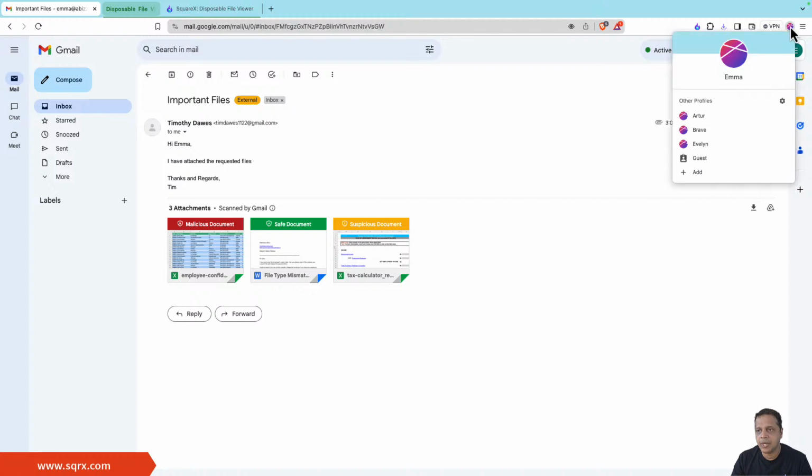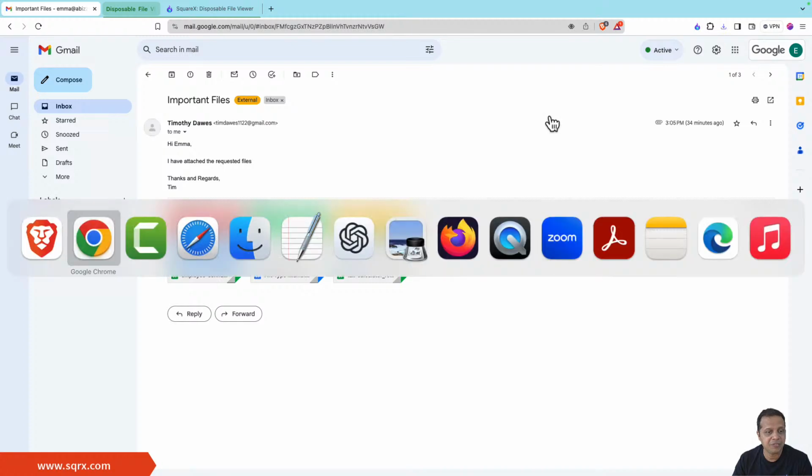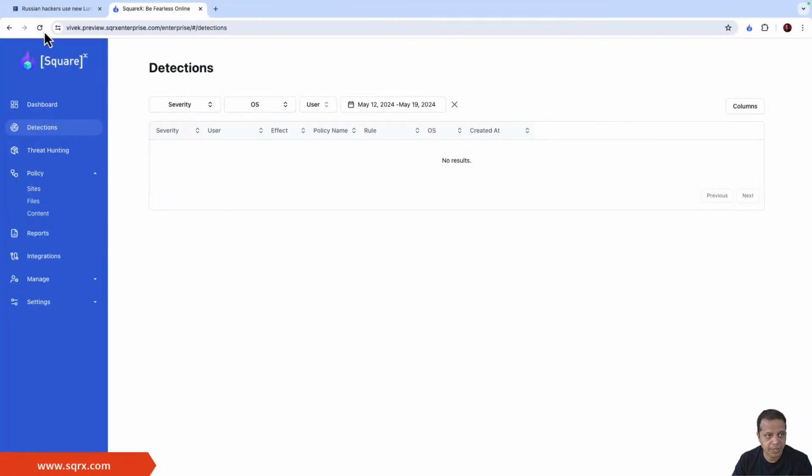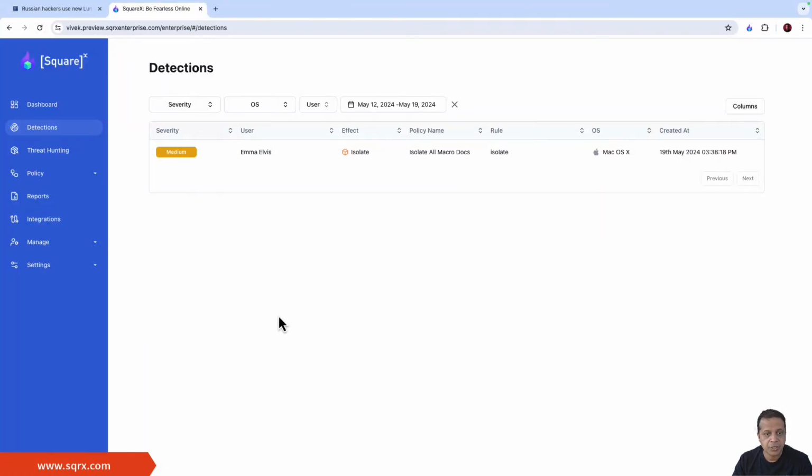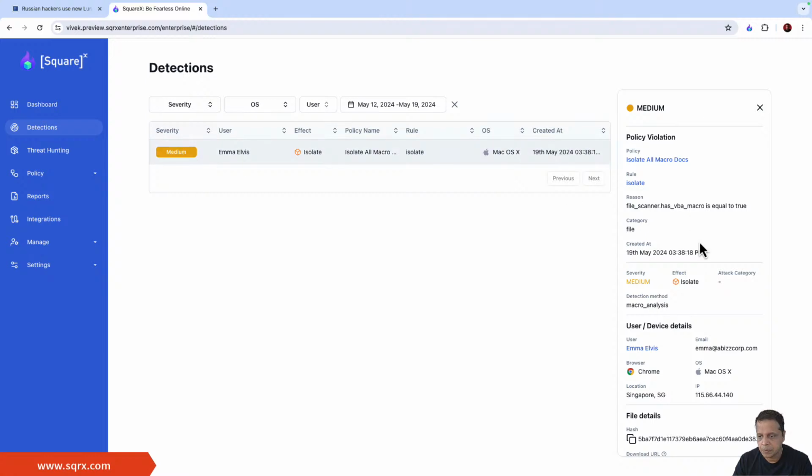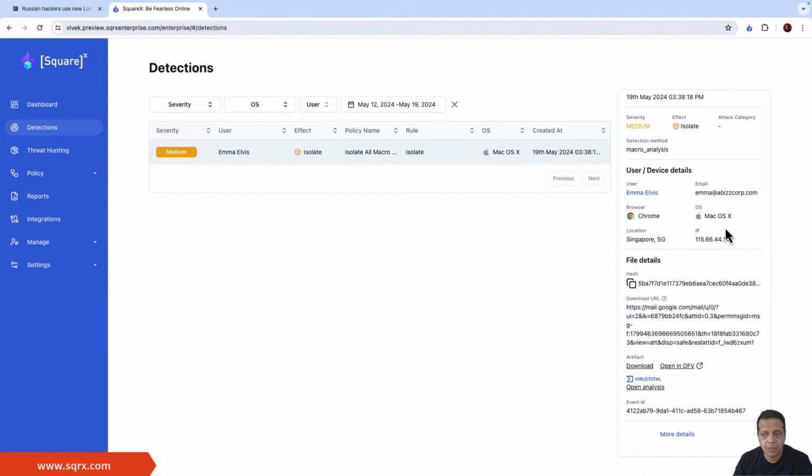Let's actually go ahead and look at this from the vantage point of a couple of users. But hold on, let me first take you to see how detection looks at this point. So you can immediately see that one of the isolate policies was hit for Emma, and we can see that in our detection. There's a bunch of information available here, including being able to download the document